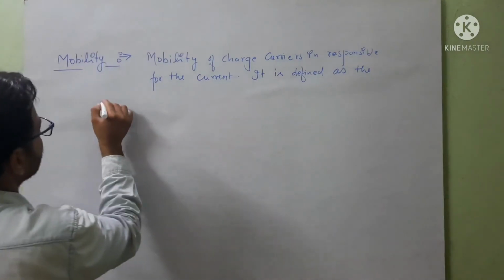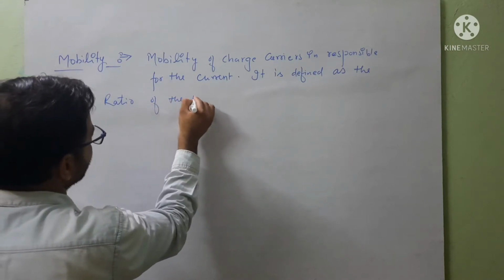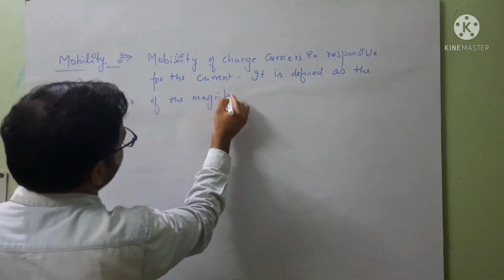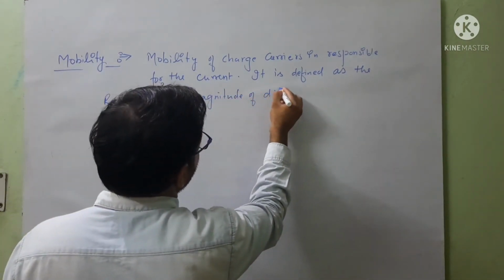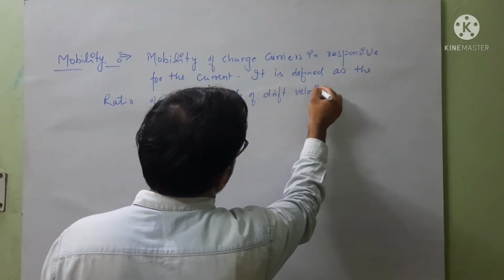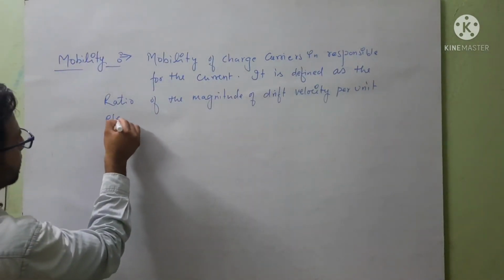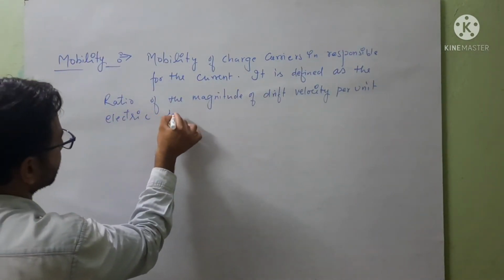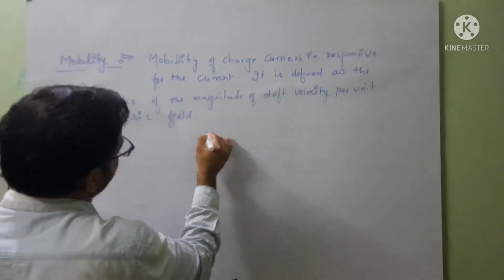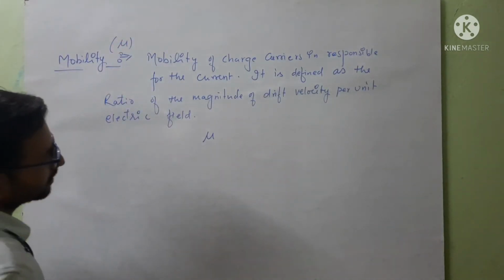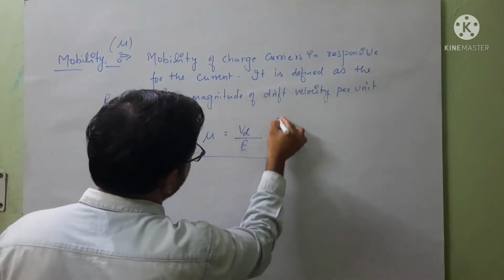the ratio of the magnitude of drift velocity per unit electric field. Got it, friend? It is denoted by mu. Symbol for it is noted by mu equals Vd over E, and its